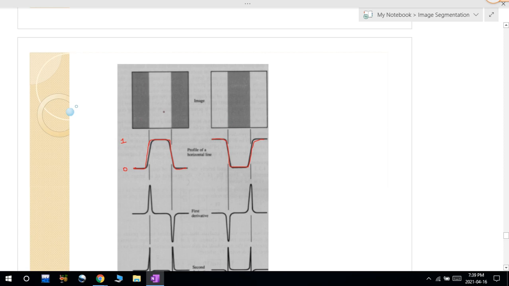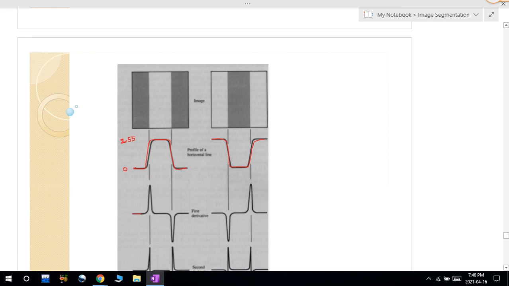So if you want to find out those edges, first I will apply the first derivative. First derivative is nothing but where the changes happened, that will be found out. So here wherever the change is applied from 0 to 1, there is a change. 0 to 255, if it is 255, there is a sudden change in the intensity values. From 0, I am getting to 255. So here some sudden changes there.